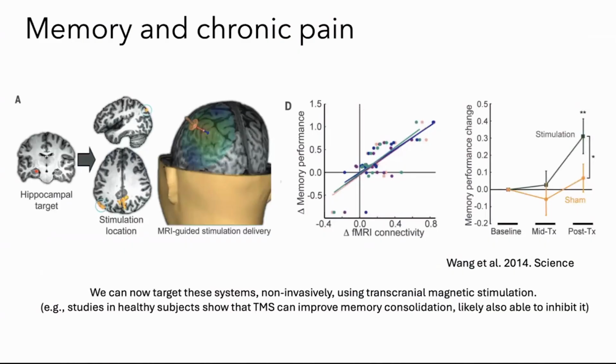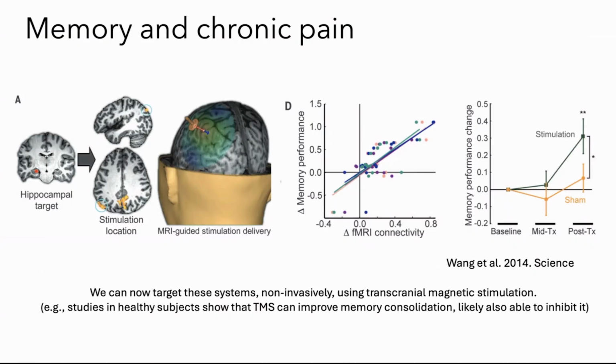So I want to end by saying that one of the things that we are doing now, not just us, but also a lot of other researchers, is to try to get some of these mechanisms and try to actually causally manipulate them, but in humans. So one of the ways that we can do that is using, for instance, transcranial magnetic stimulation, where basically we apply magnetic pulses to a given brain area, and we are able to either excite that brain region or inhibit that brain region. And this is a technique that is actually used for depression. It has been FDA approved for depression.